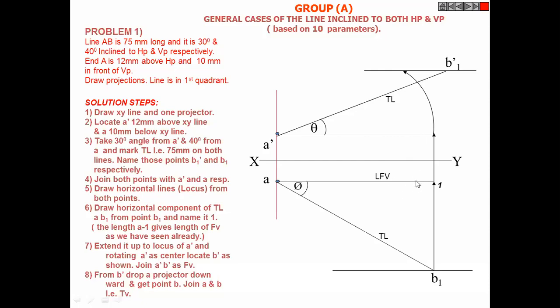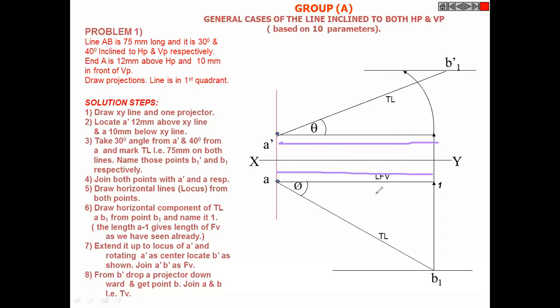Understand? Here we are actually going in reverse. How to get front view? In that direction we are going. Actually, length of front view is this, a dash to this. But these and these are the same. Are you getting? This length and this length are the same. Both are the length of front view. True length in top view is projected upwards. That will give us front view length.